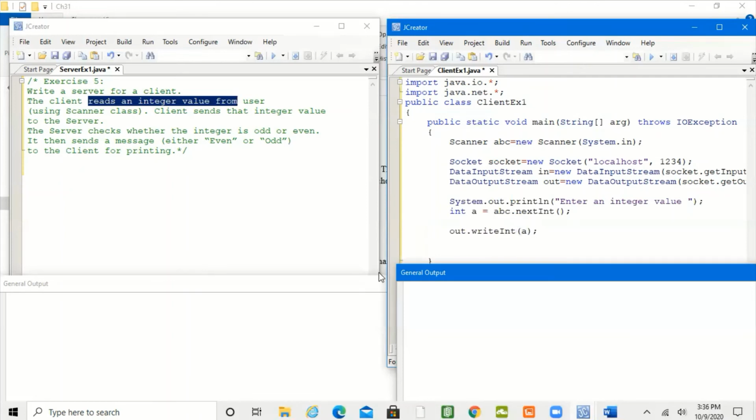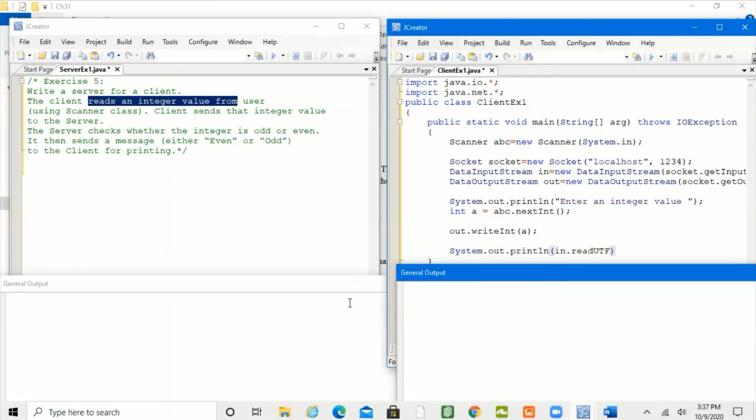Now this value is sent to the server, and the server checks whether it is odd or even, and sends back a string message. So that message I am printing: System.out.println, a message from the server. I'm reading from the server, so in.readUTF.